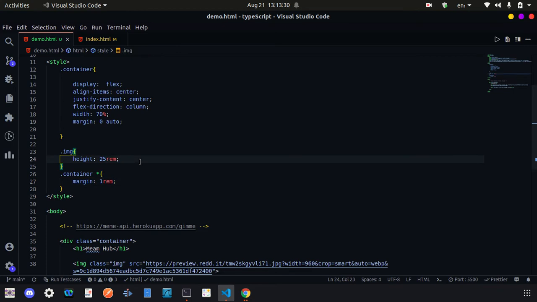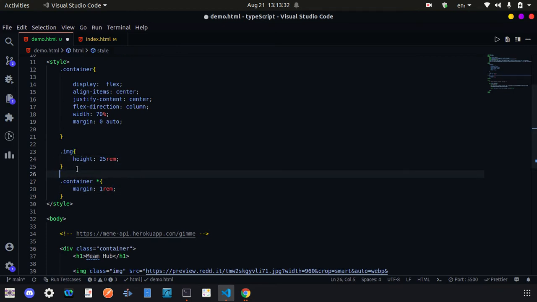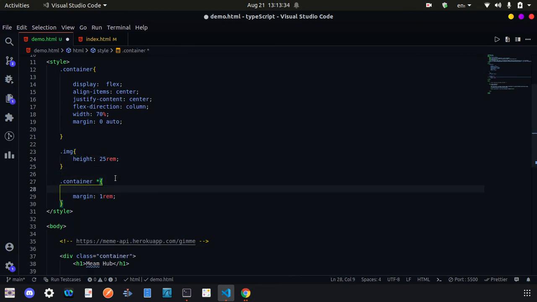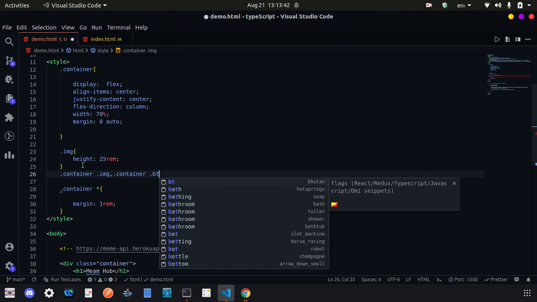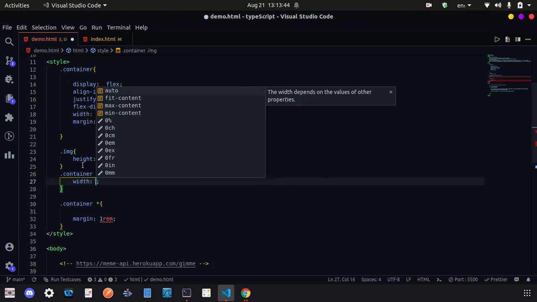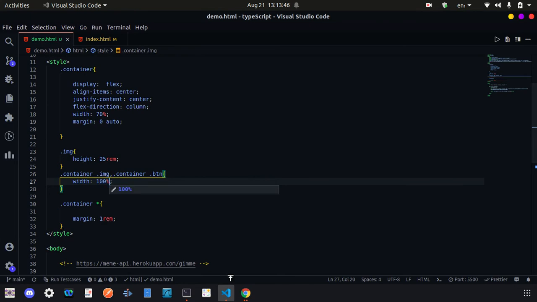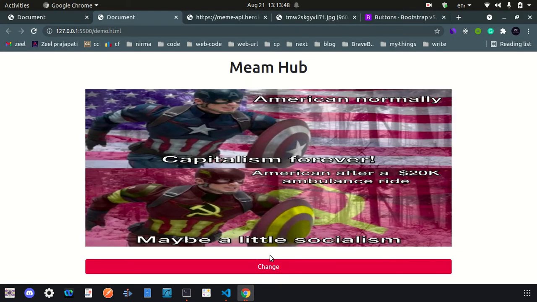And by the way, we are going to target the image of the container and the container button, and make the width 100%, so that our button and image are taking 100% of the width.